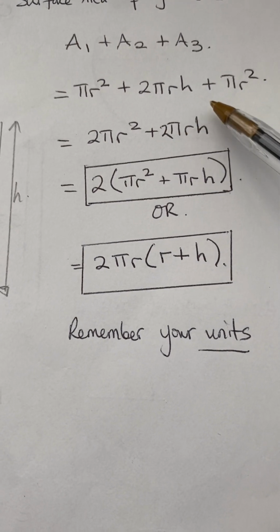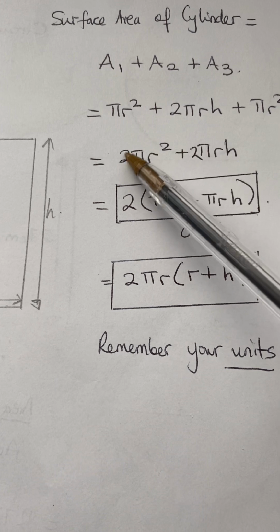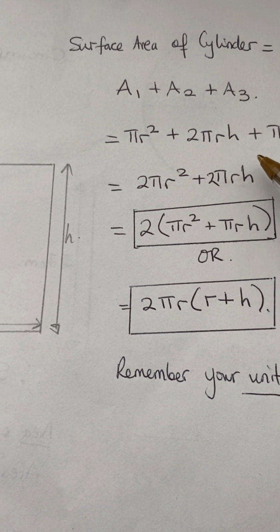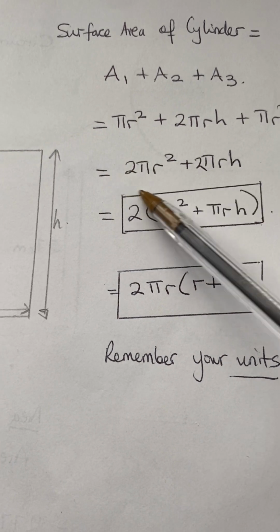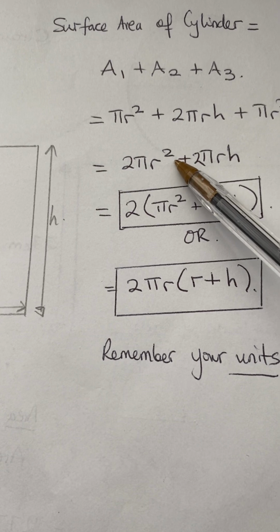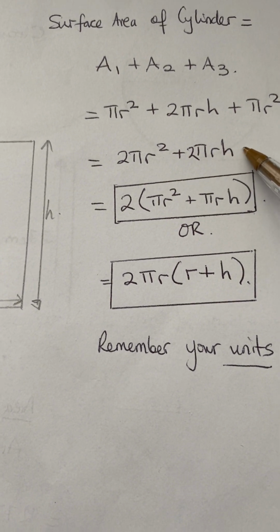Now, if you can remember this formula, it's fine. This is the surface area of the cylinder. At times, they will give it to you in this form: 2 pi r squared plus 2 pi r h,